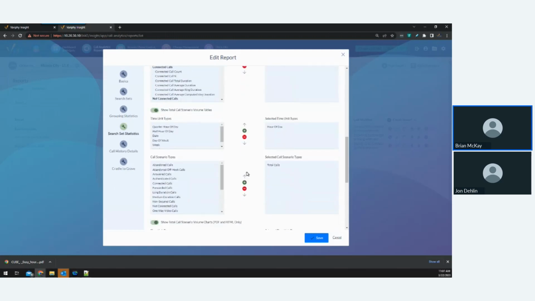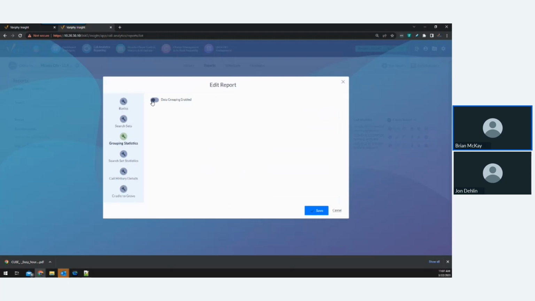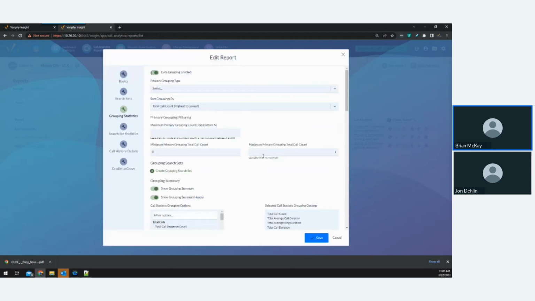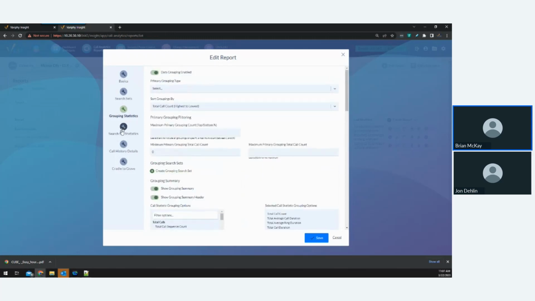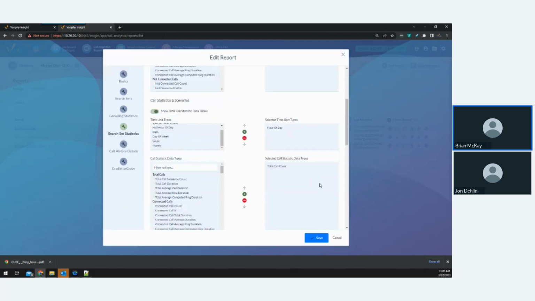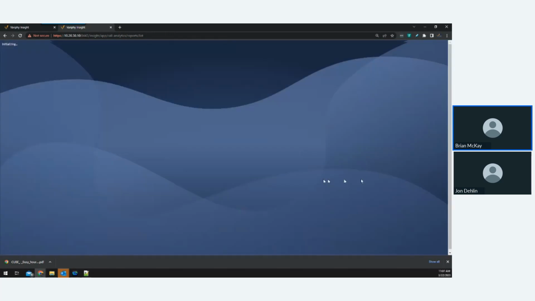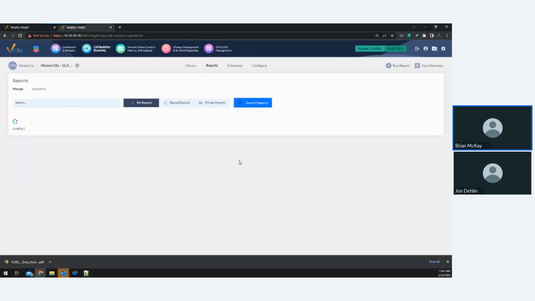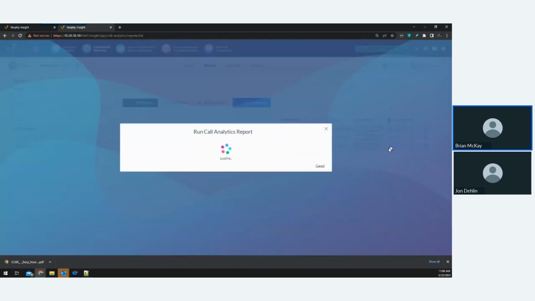So this should give you a basic 2-page summary. And then you can also turn on data grouping and make it a little more complicated if you want. But let's just start with the basic summary. I know we've only got about 20 minutes or so, I don't want to get too in the weeds. So let's go back here. I'm going to make sure grouping's turned off, actually, because I don't want to do that right now. Let me just save this and run this for current month, for example. Let's just say you want to get an idea of what your busy times are in the month. So let's run this for